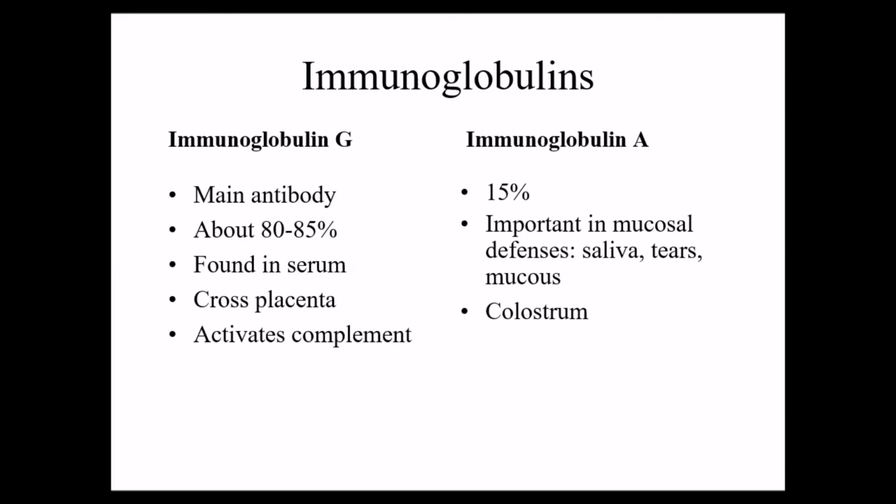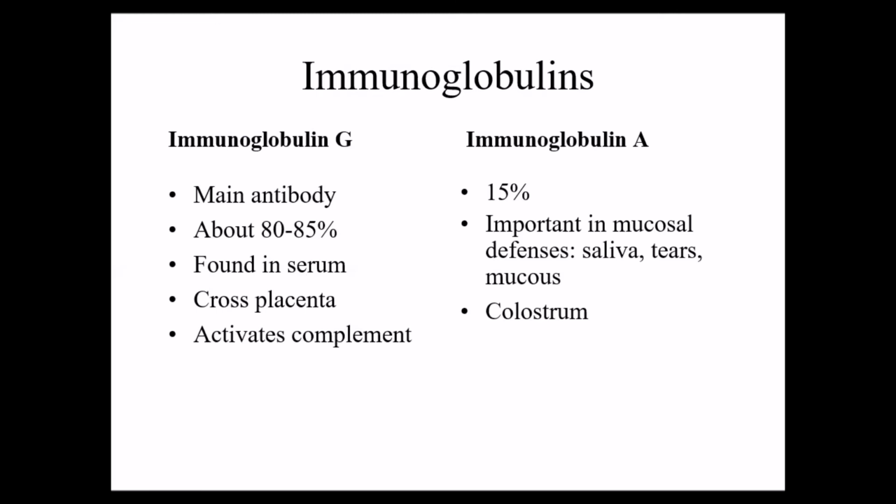It has the ability to cross the placenta. This is a relatively small antibody that can cross the placenta, which gives the developing, unborn baby some immune protection while it is developing inside the mother. So that's very important for the baby's immune system. It also has the ability to activate the complement. Remember, we talked about the series of proteins in the innate immune system. Once a B cell is activated and goes through its process, it produces the plasma cells. The plasma cells will produce IgG, and IgG can actually activate that complement cascade